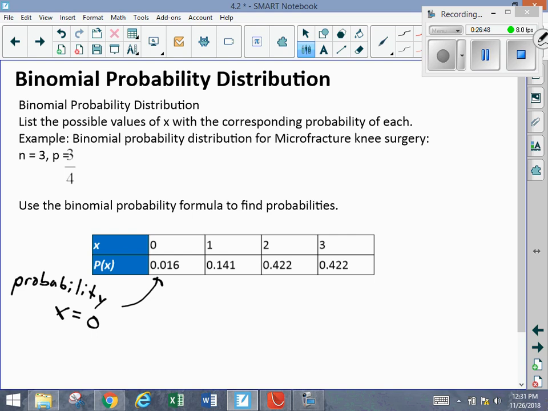So if you wanted to get this number in your calculator, you would do binomPDF